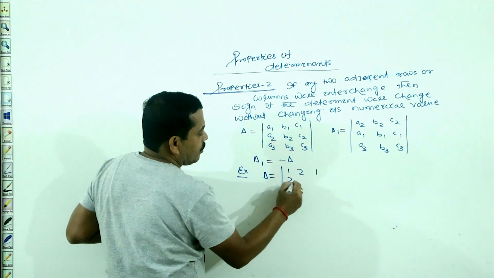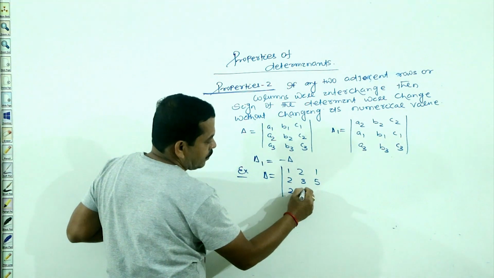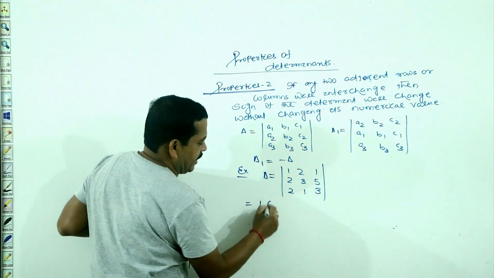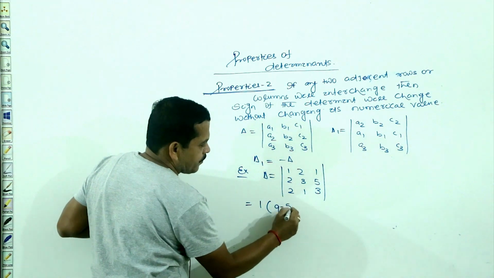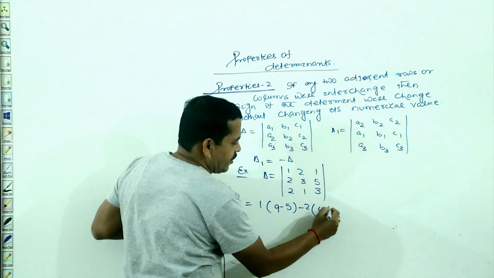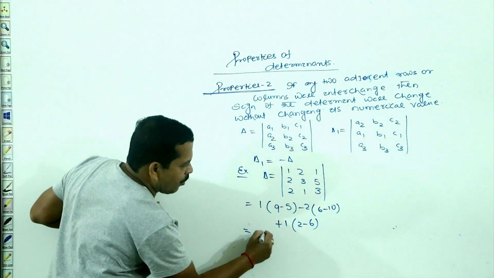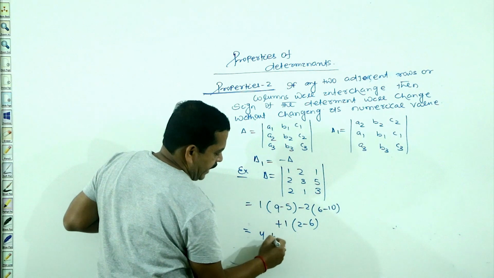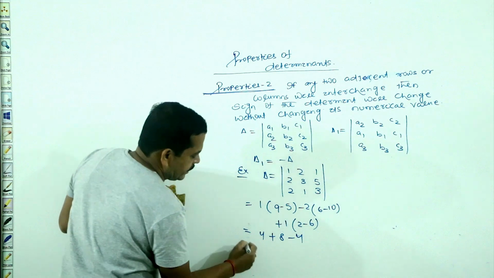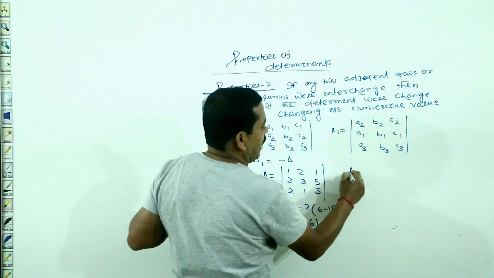1 2 1, 2 3 5, 2 2 1 3. Suppose this is a third order determinant. We expand it as 1 into 9 minus 5, minus 2 into 6 minus 10, plus 1 into 2 minus 6, which will be 4 plus 8 minus 4, that is 8. This is the del. Now take del 1 as